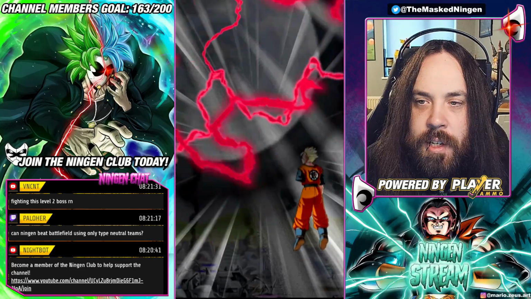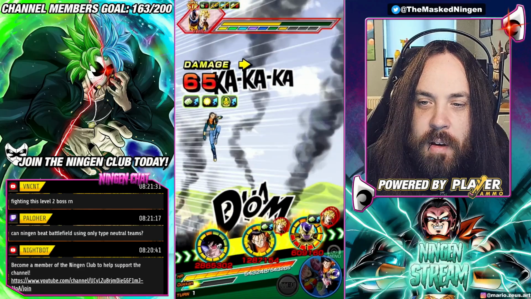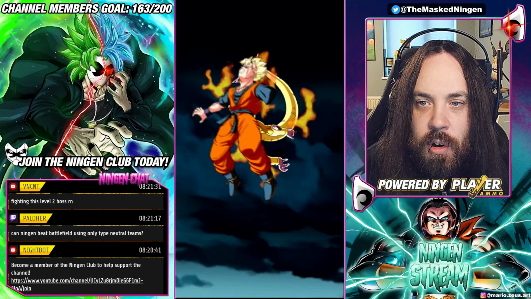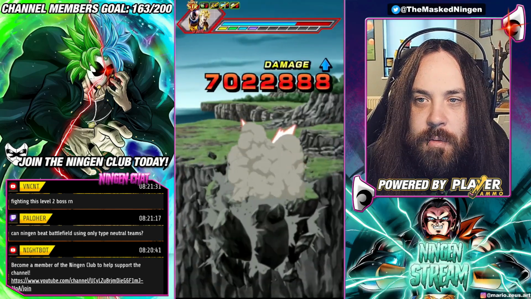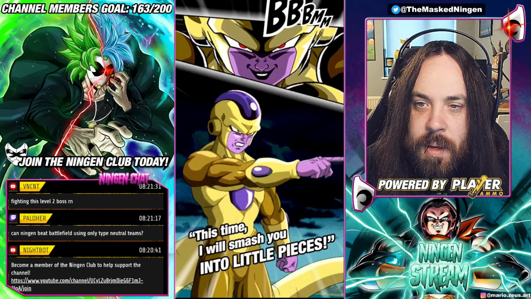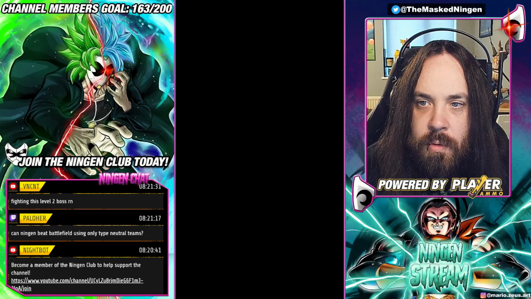The real challenge would be trying to beat all the Battlefield fights with a type disadvantage team. Which, I mean, you could technically do as long as you've got enough characters that dodge and have guard and stuff like that. For the early stages it wouldn't be as bad, but it's usually always the last boss. But I don't expect the last boss of this one to be as crazy as the metal cooler